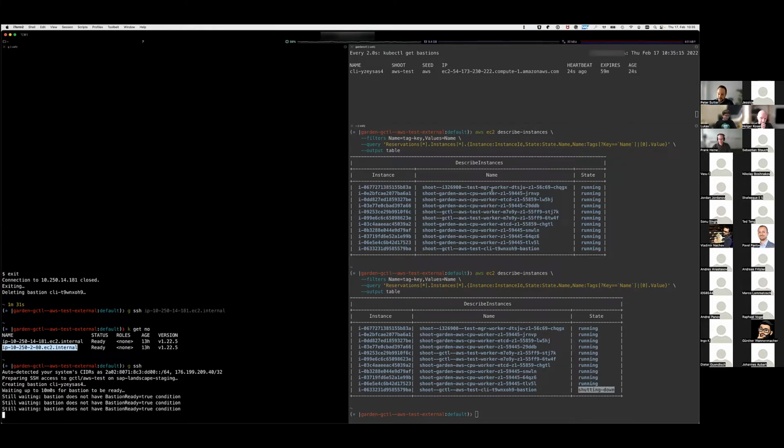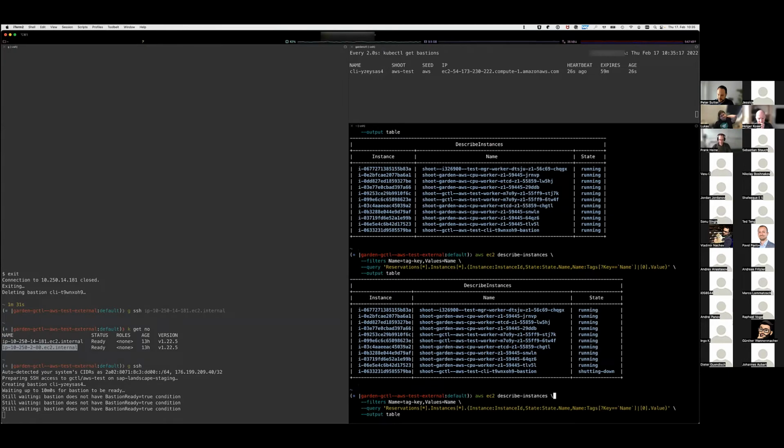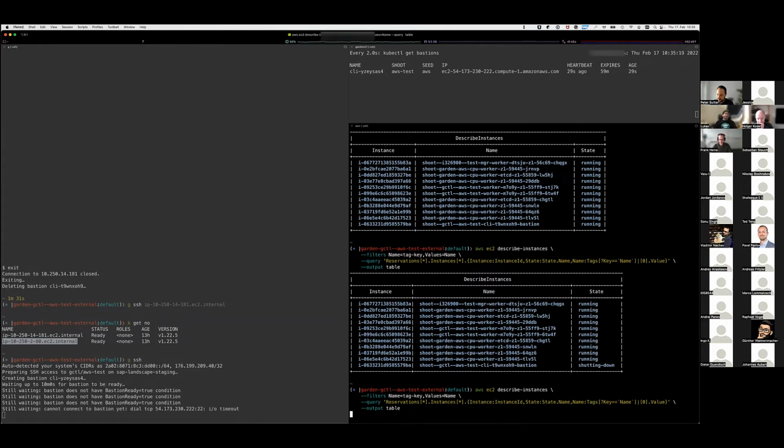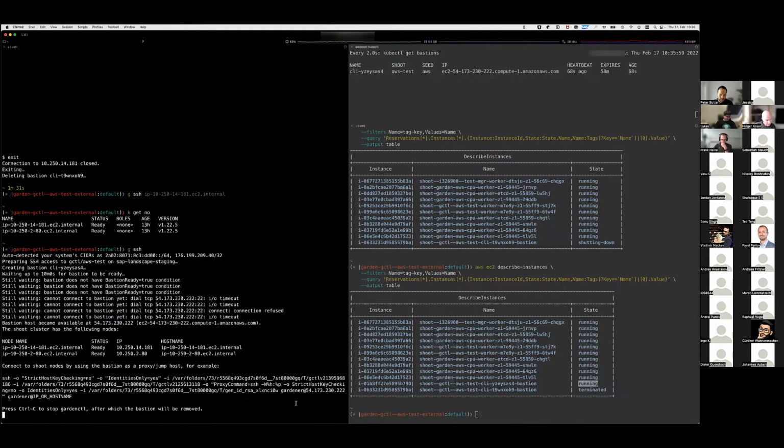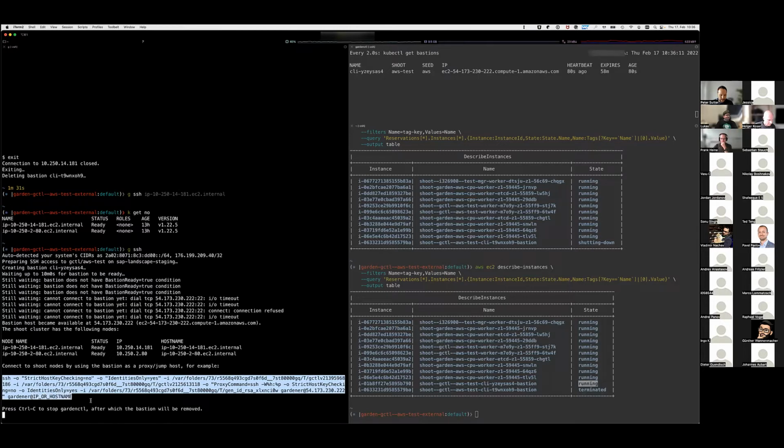So just wait, and you can also check here what's happening. Okay, the other one is already terminated. This one is running. Okay, what happened now is Gardenctl printed out the nodes and also the command to connect to them. So this is the command. You can copy it,